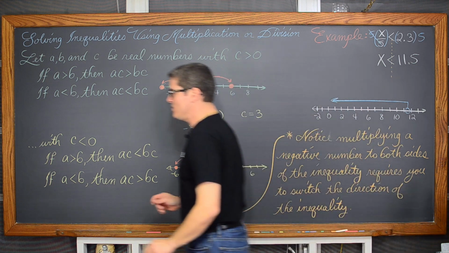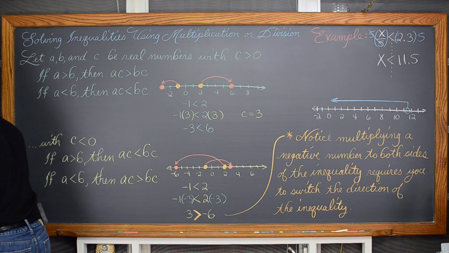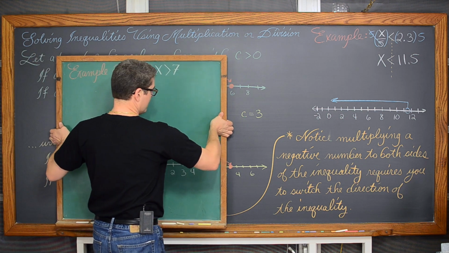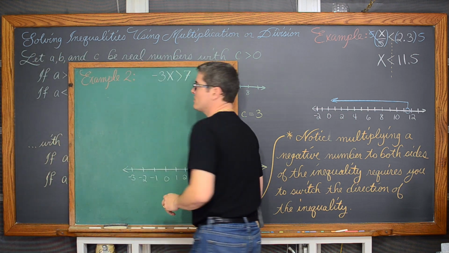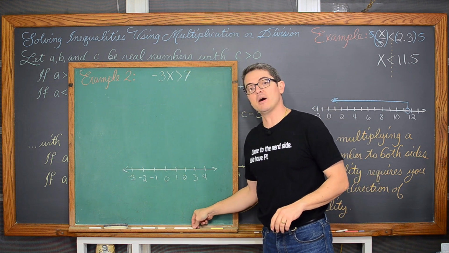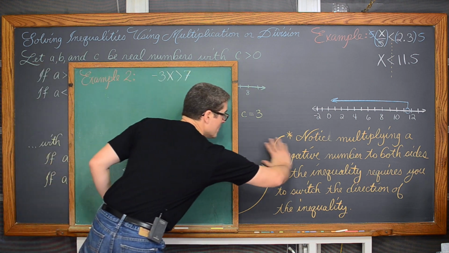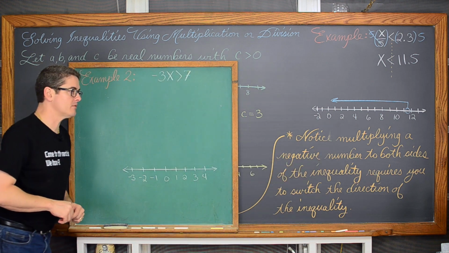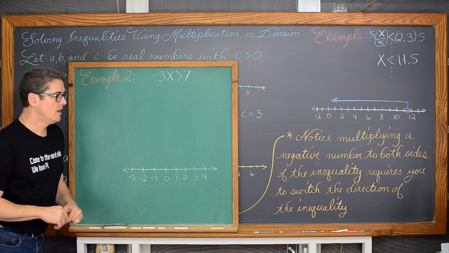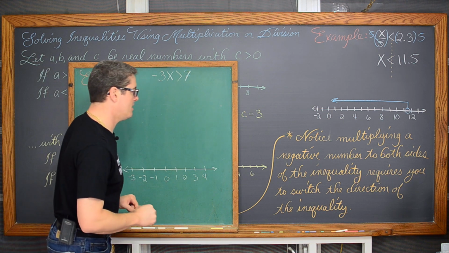And I don't have to use this board, but I love breaking out my fancy picture-in-picture. So very high tech. I wanted to show you an example where we were dealing with multiplying both sides by a positive value and a negative one at the same time. Notice when multiplying by a negative number, both sides of the inequality, you are required to switch the direction of the inequality.